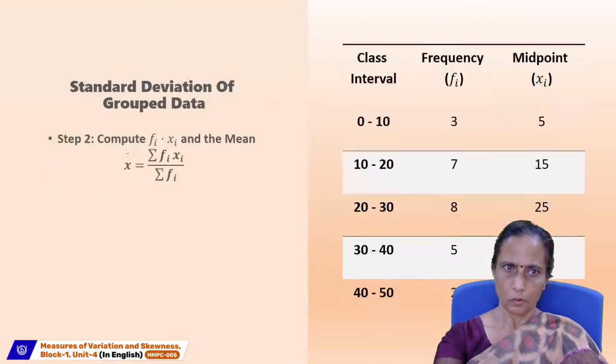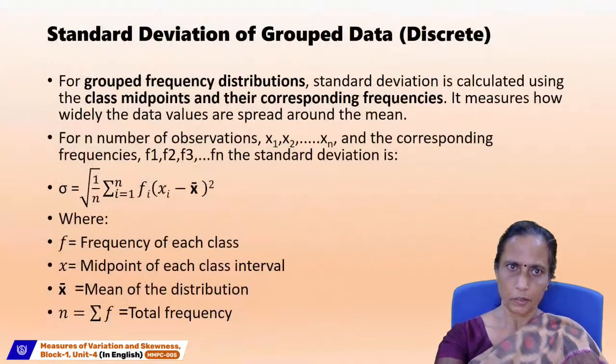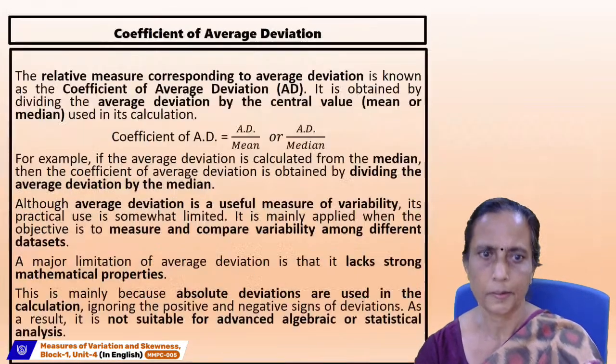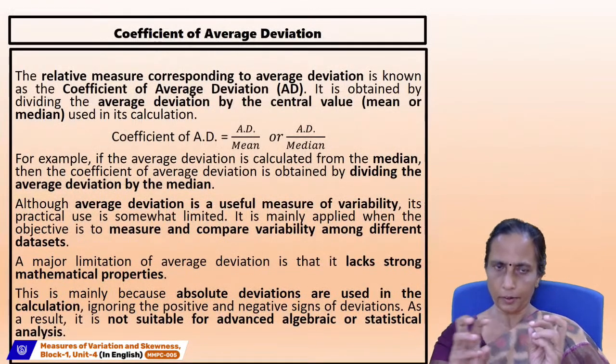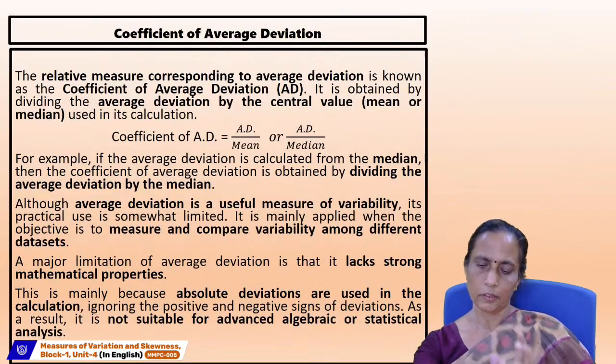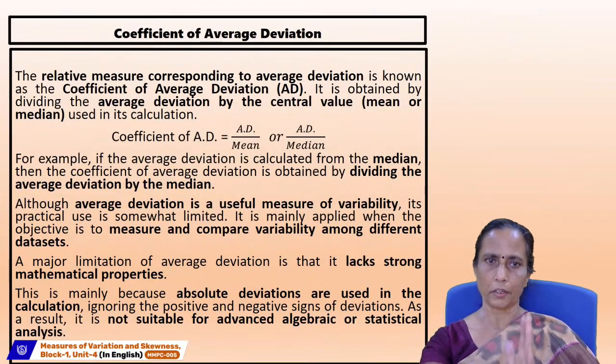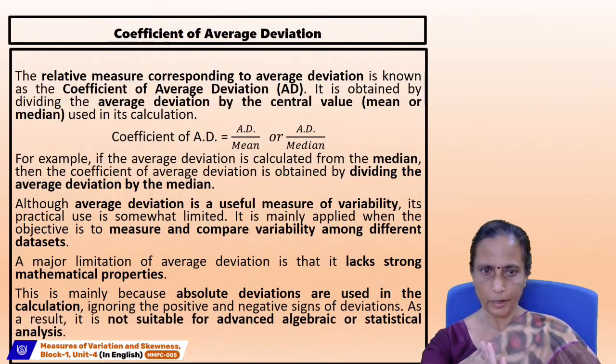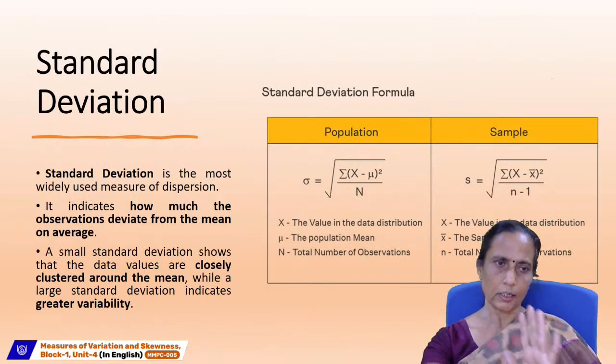And one more, just a minute. This one, I want to show you that this coefficient, and we have discussed one more, that is the relative measure corresponding to average deviation, and that is average deviation divided by mean or median. And then we discussed one more